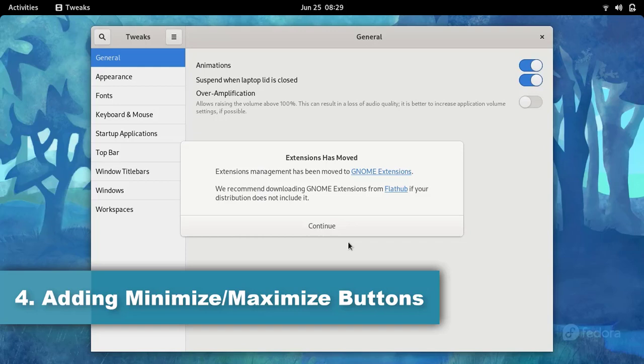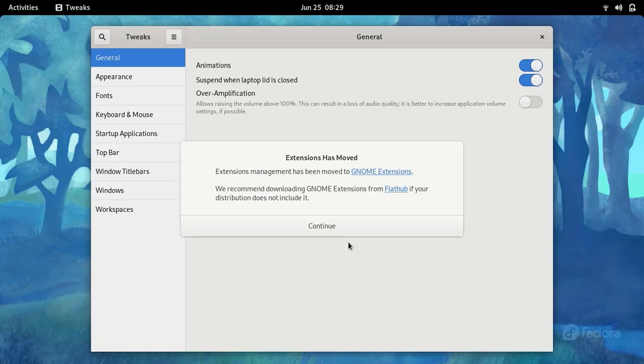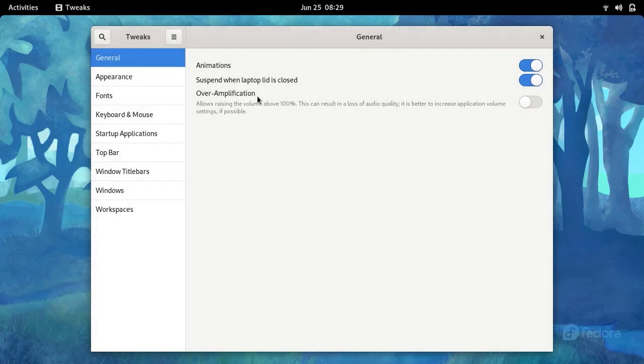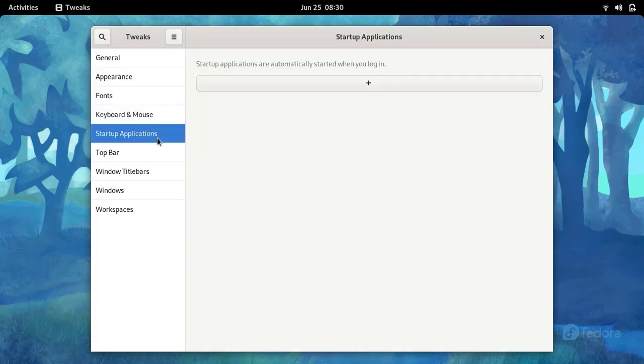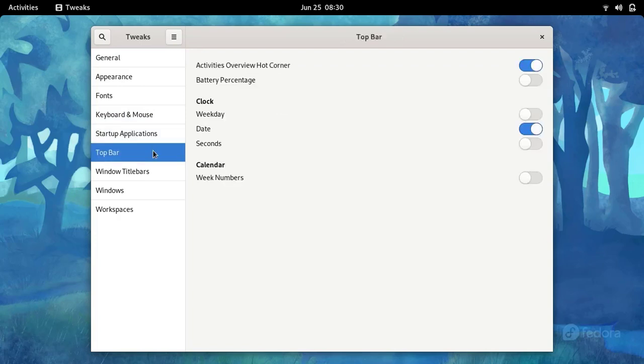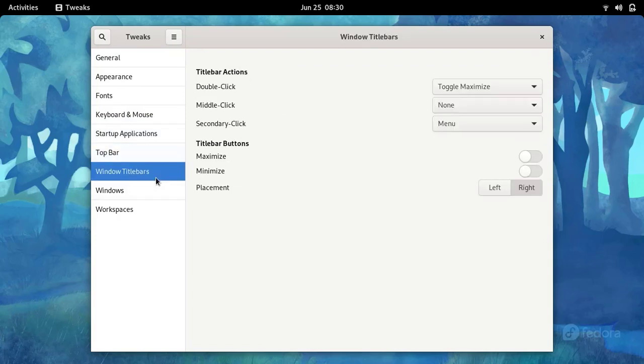One thing you have probably noticed is that we don't have minimize and maximize buttons on the window title bar. So we are going to add minimize and maximize buttons on the window title bar using GNOME Tweaks. There in the window title bars, we have maximize and minimize, so we have to enable them.